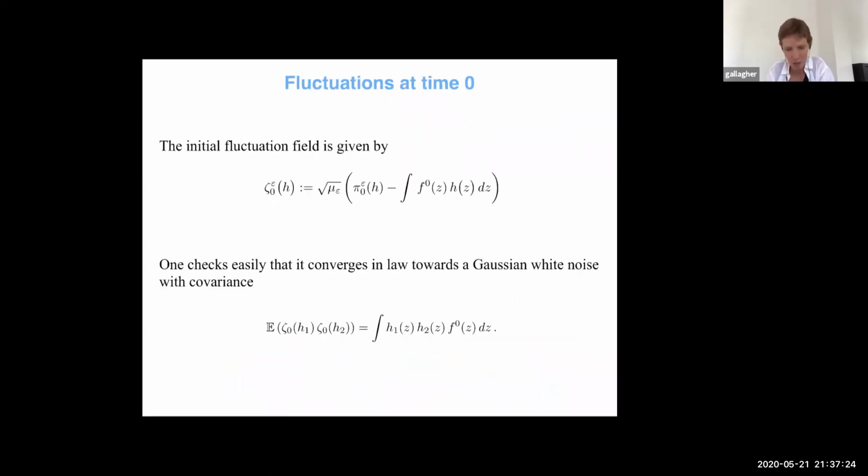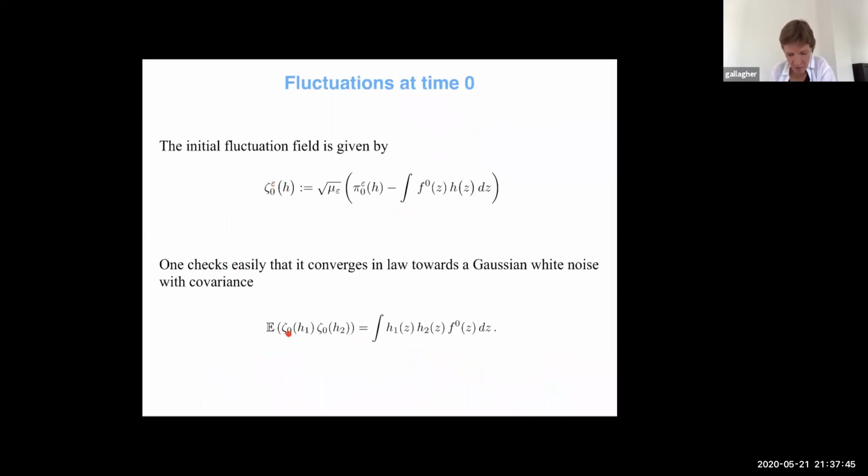So that's exactly what I'm going to do here. I multiply everything by square root of mu, and I want to look at the fluctuation field. Initially, the only fluctuations are given by this f0 here. I want to look at this fluctuation field, and it's not hard. I'm going to show you in the next slide that this thing converges as epsilon goes to 0